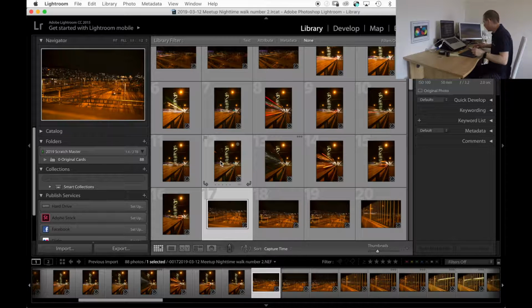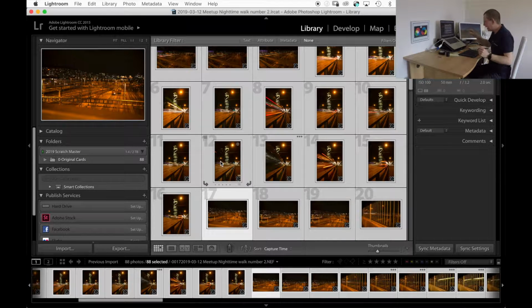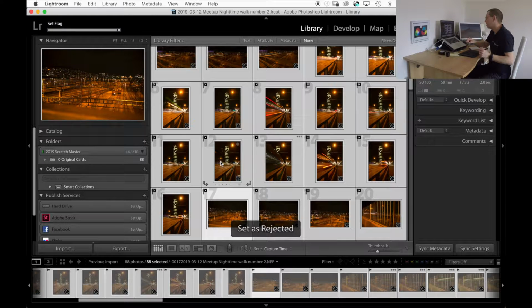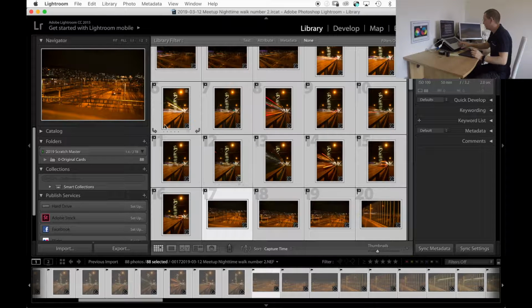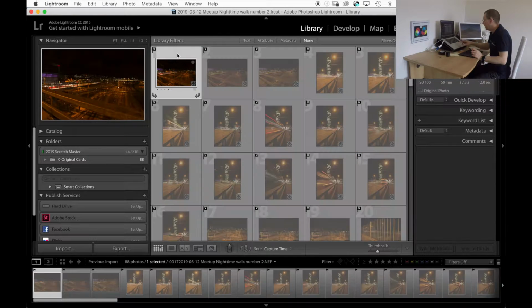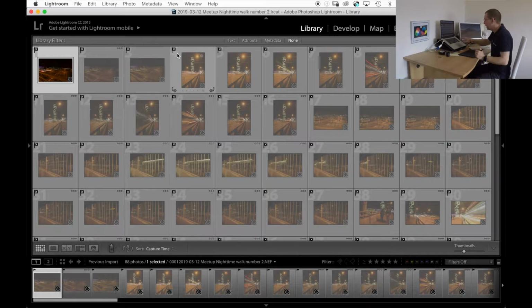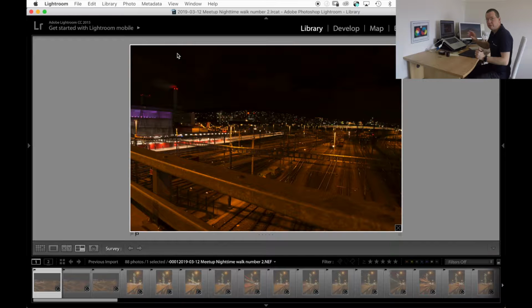So I'm going to select all again. And I'm going to press X on the keyboard to reject them. Mark as rejected, just something I do. I just like to get them all out, all rejected, and then we are done. So we're going right up to the top now. I'm going to press N. Now press Shift. It opens the whole screen up. Then I'm going to press N. This will then go into